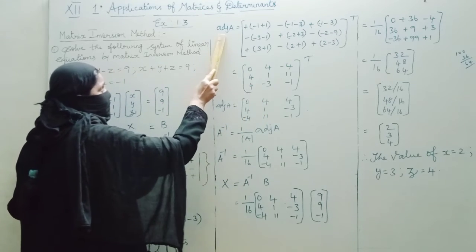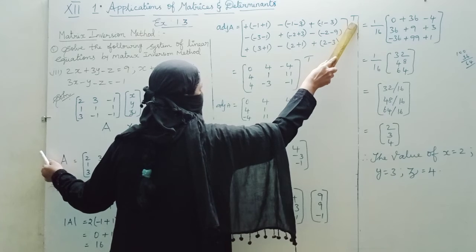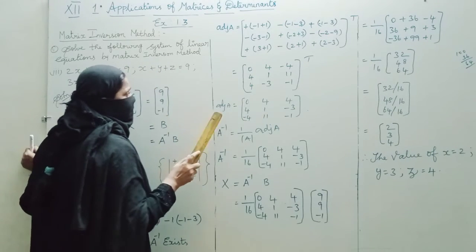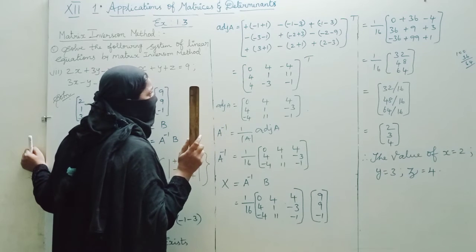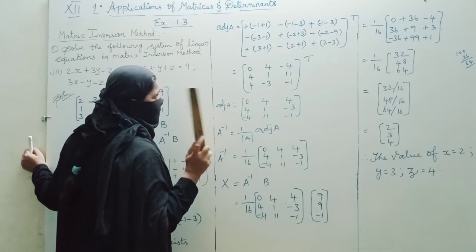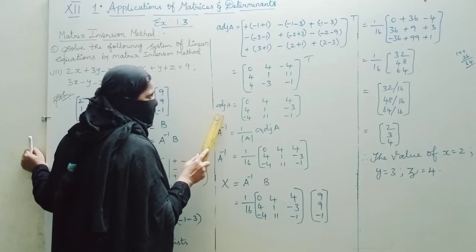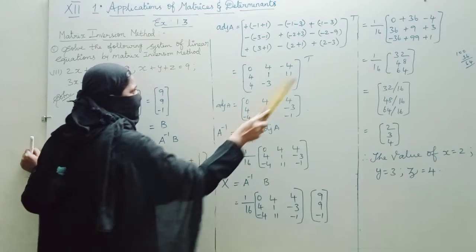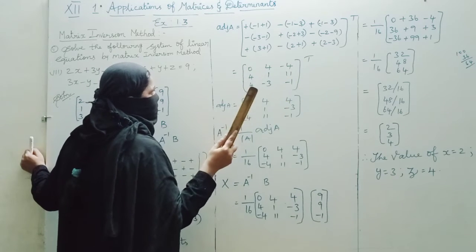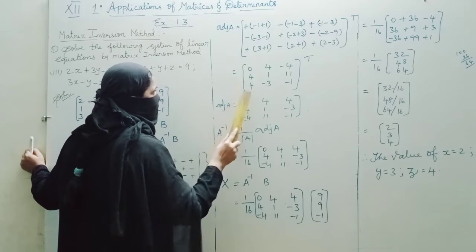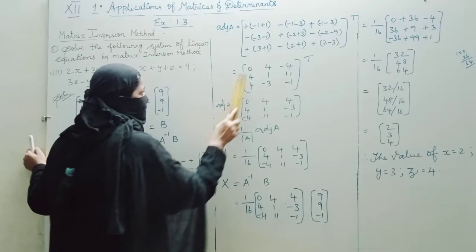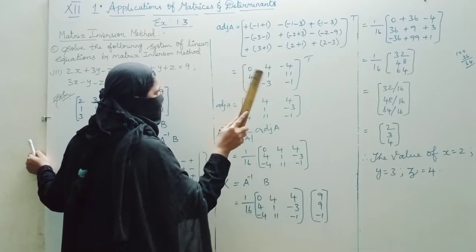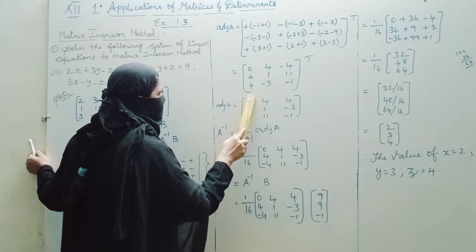While finding adjoint A you must put the transpose. After finding the transpose value only you are getting the adjoint A value. After finding transpose, transpose பண்ணி கிடைக்கிற value தான் adjoint A ஓட value. இத adjoint A ன்னு எடுத்து நீங்க ஆன்சர் சப்ஸ்டிட்யூட் பண்ணீங்கன்னா ராங்கா தான் வரும். இத ஃபர்ஸ்ட் transpose-ஆ மாத்தணும். Transpose is nothing but you should change the column or row, any one. Whether the column or row, you should change it as இப்போ column na row ஆ மாறிடும், row na column ஆ மாறிடும். I am taking this column as row.